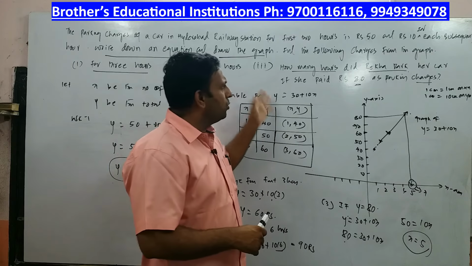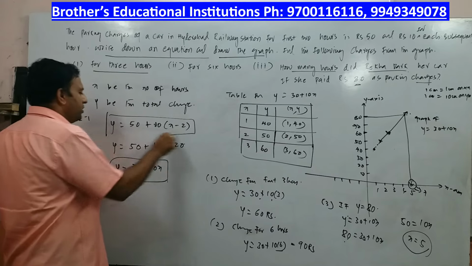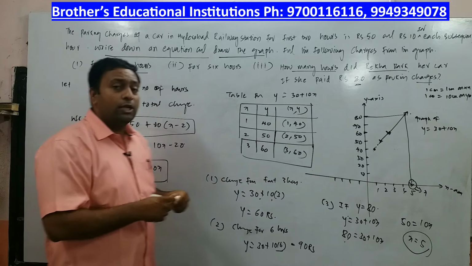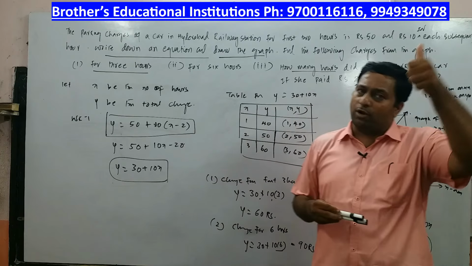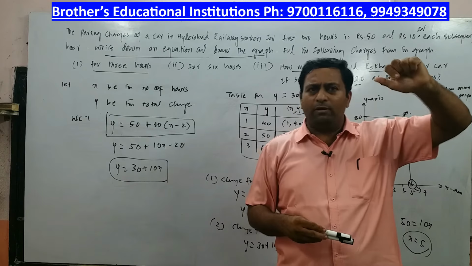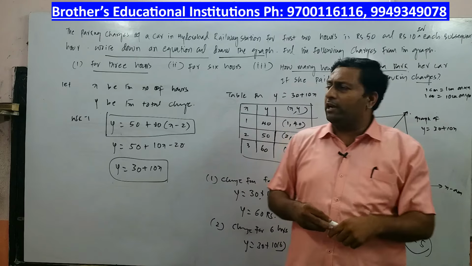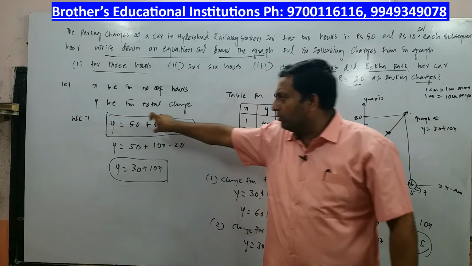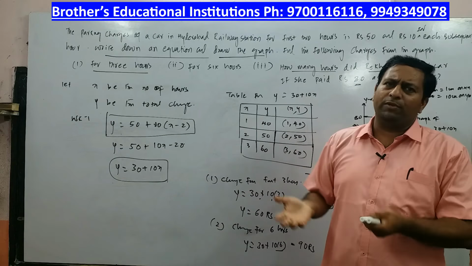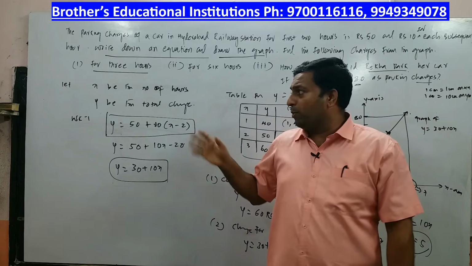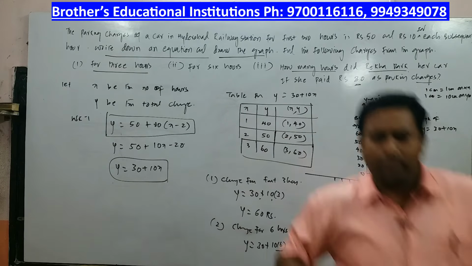So, children, this is how you will take a graph. What is important is not that graph. What is important is this: you need to figure out the linear relationship between two variables. You need to identify what the two variables are. In this problem, the independent variable is number of hours and the dependent variable is charge. Based on the number of hours, the charge will vary. So once you identify those two variables, you need to figure out the relationship between them, and that is the chapter's name, linear relationship between two variables. So I want you to pause the video, copy down the question, go through, and then we will go for the next problem.